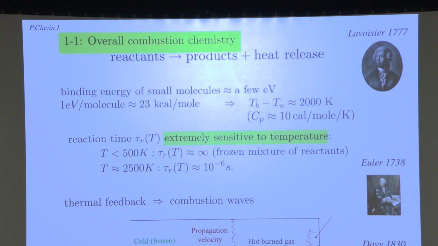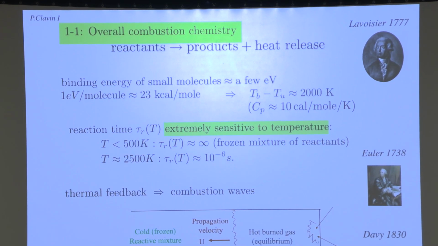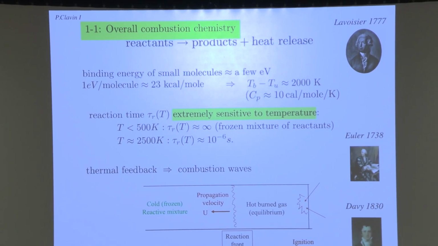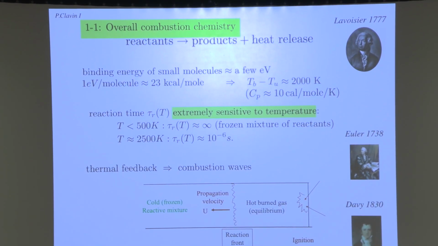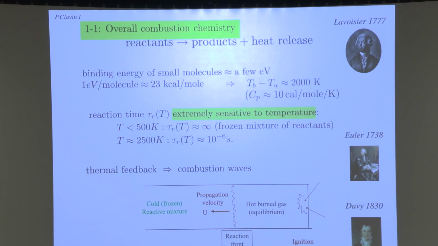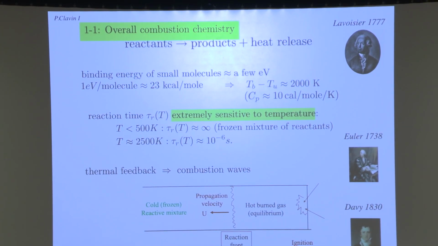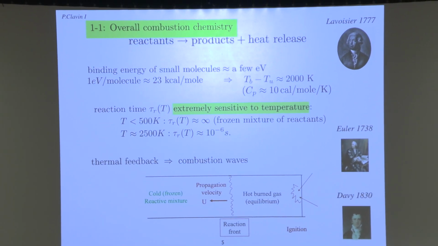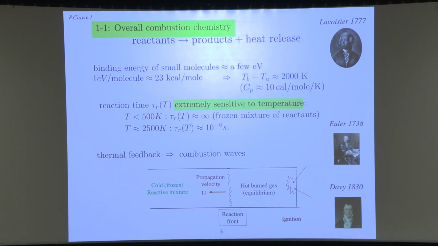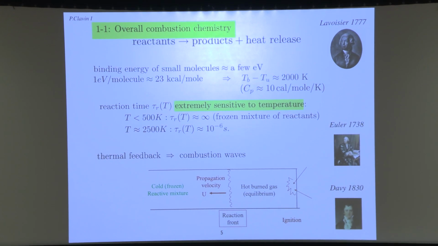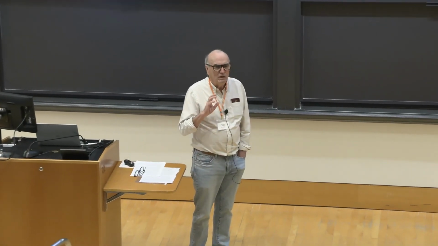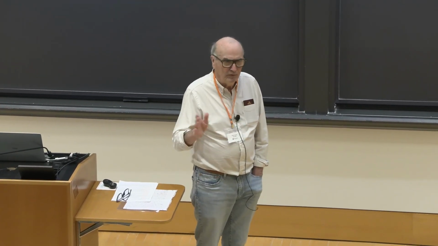And this high sensitivity of the reaction rate is responsible for two things. First, that you may have abrupt transition in the different regimes of combustion. This is because of this high activation energy. What you can have also is a quenching mechanism. It's easy to quench a flame. You just have to take out a little amount of energy and the flame can no more